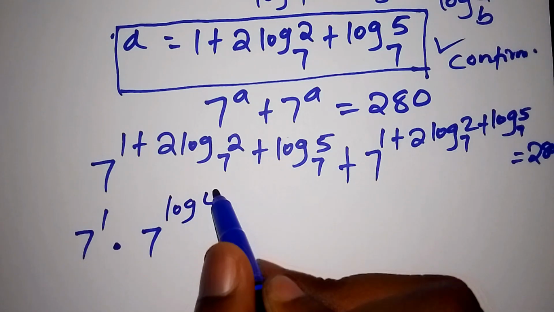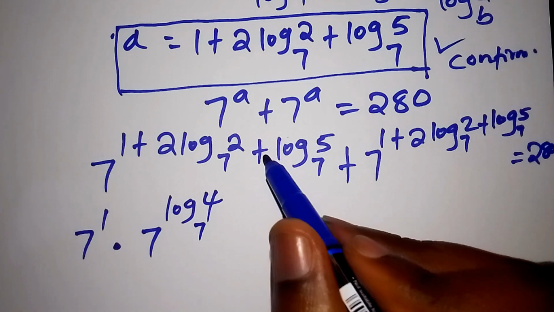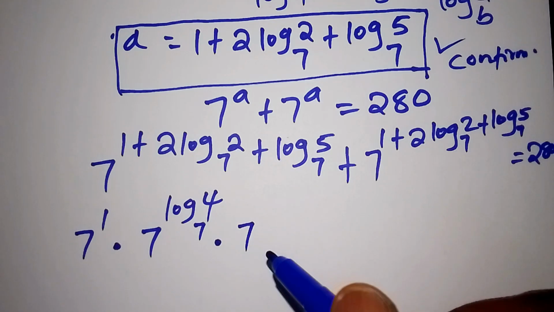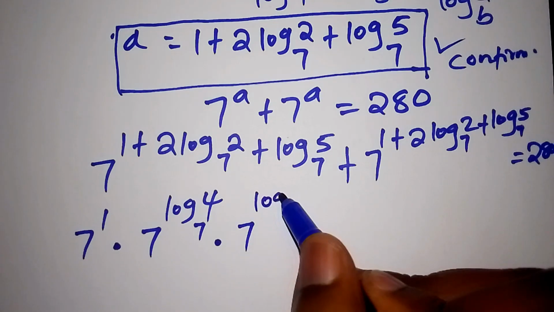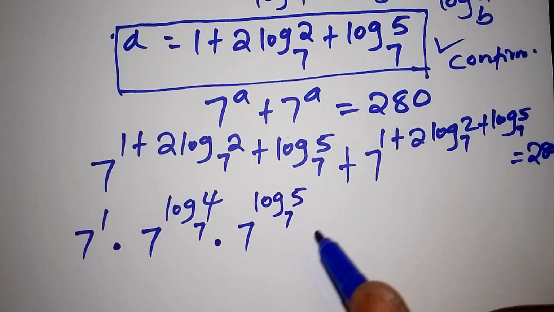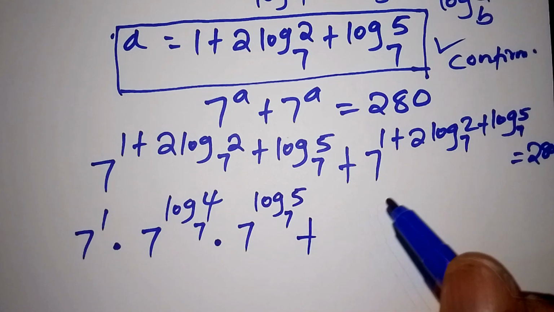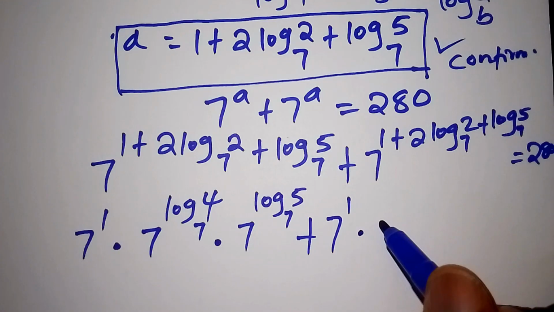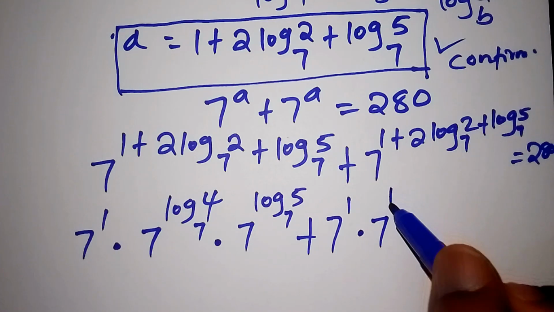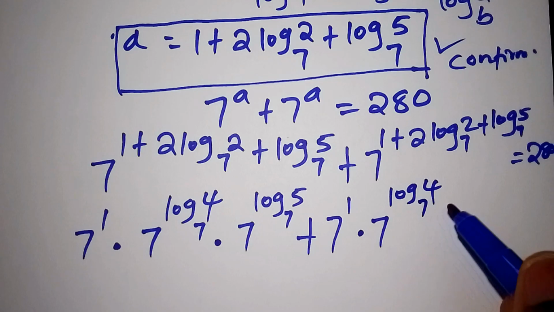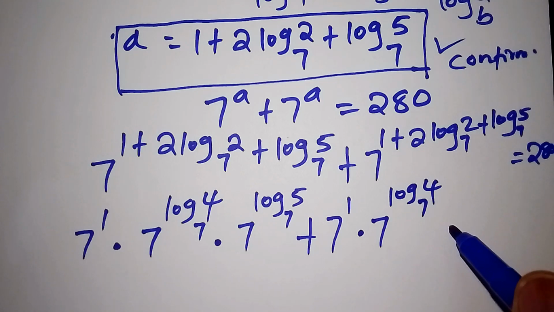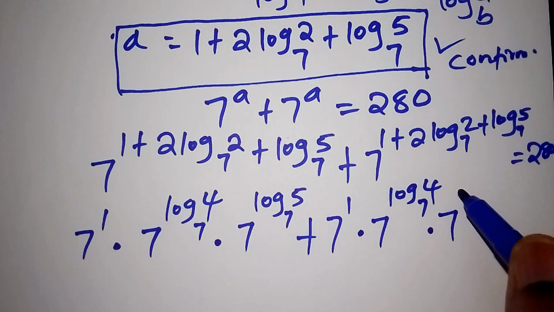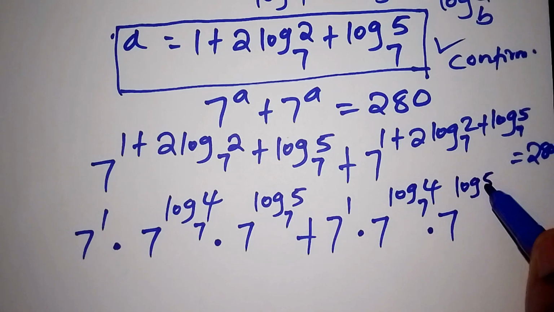Then the plus means we again multiply by 7 to the power of log 5 to the base of 7. Here we shall have 7 to the power of 1, multiplied by 7 to the power of log of 4 to the base of 7, multiplied again by 7 to the power of log of 5 to the base of 7, is equal to